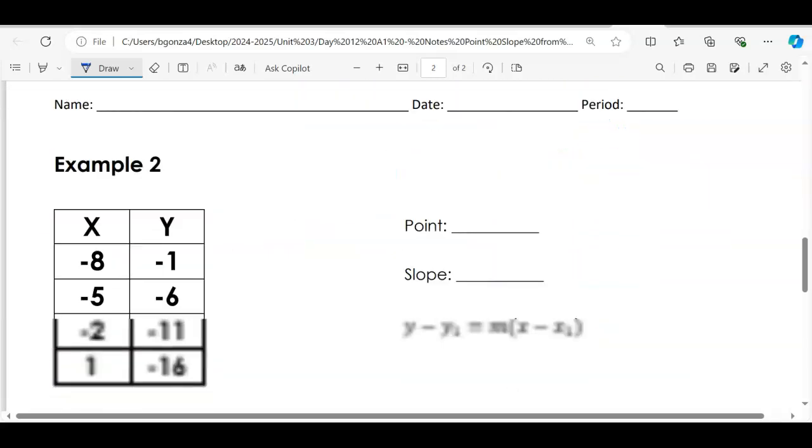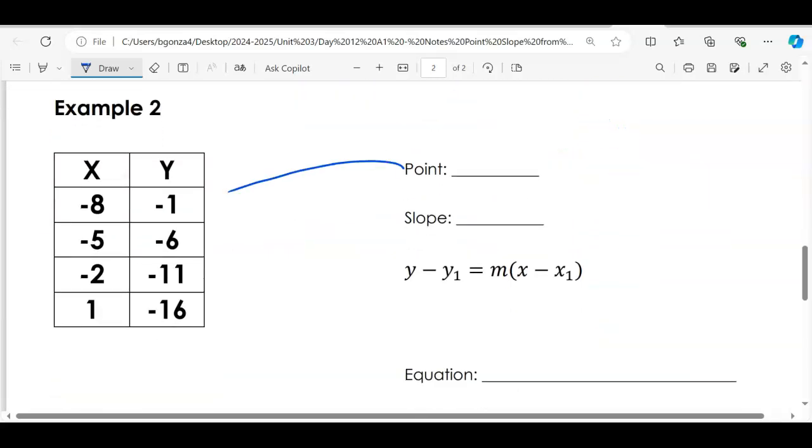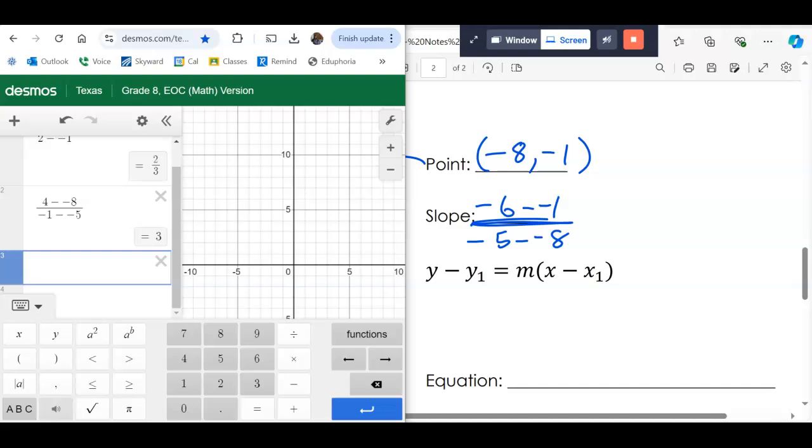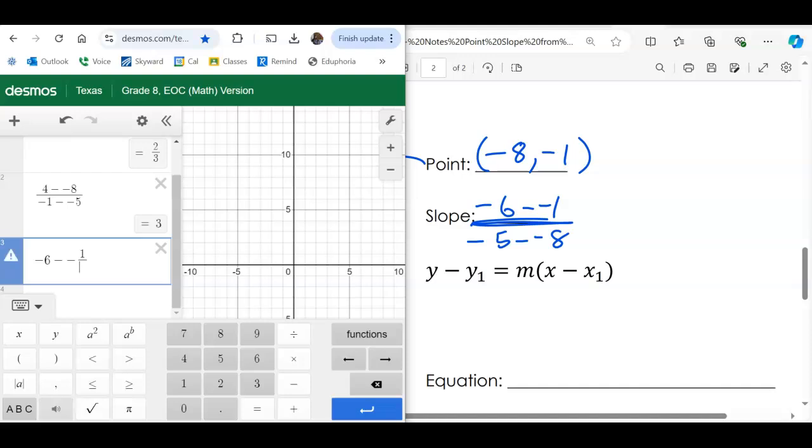All right, example 2. So pick a point. There it is. -8, -1. Slope. How do I find slope? Remember, it's change in y over change in x. So the y side, bottom minus top. -6 minus -1. And then the left, the x side, bottom minus top. -5 minus -8. All right. -6 minus -1 divided by,